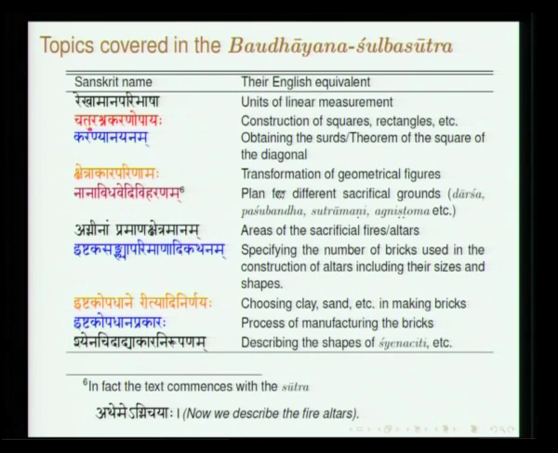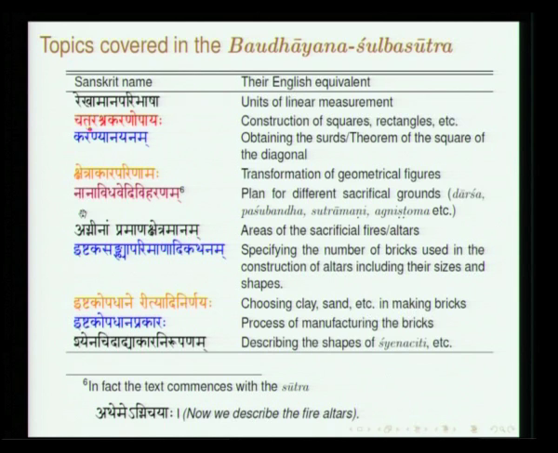Then Kshetrakara Parinamaha. Parinama is a transformation. If you have a geometrical object of a particular shape, you would like to transform it into some other object, and this is an area preserving transformation. A square of a certain area should be transformed into a circle of the same area, then obviously you need to know the value of pi, in some sense. So there are some approximations for that, and how you do it geometrically. These are all discussed in these texts. They are very interesting things.